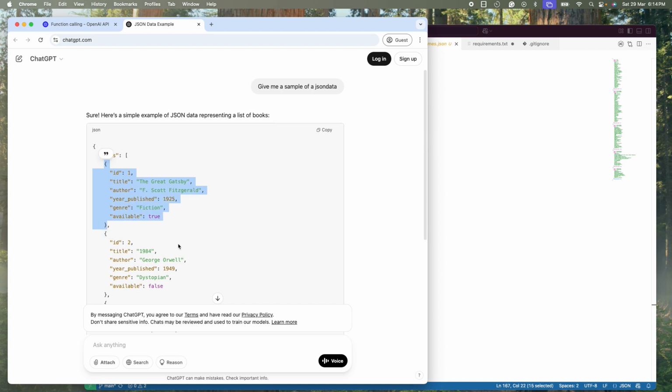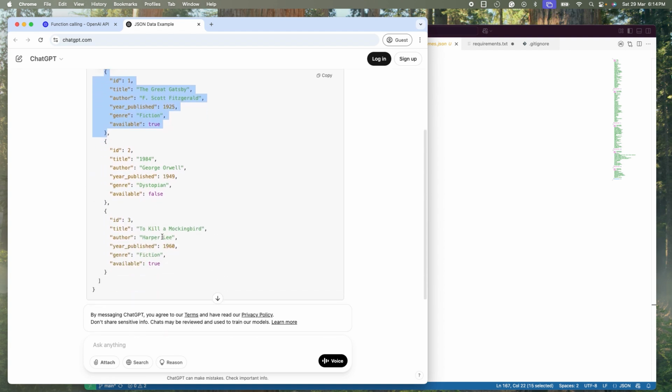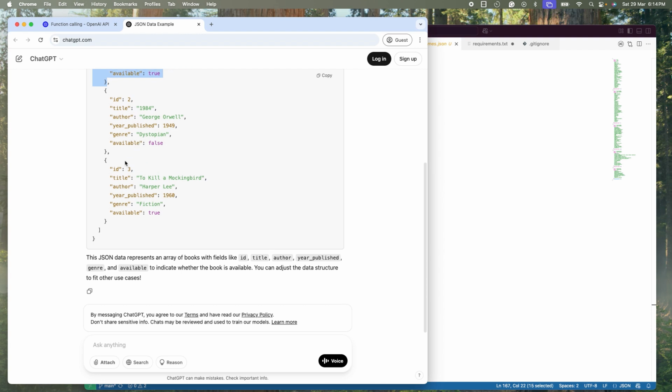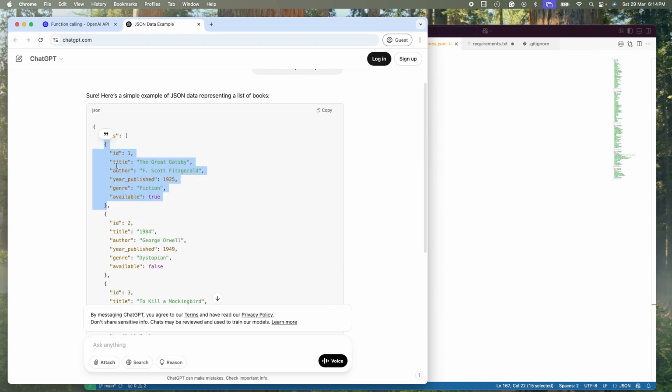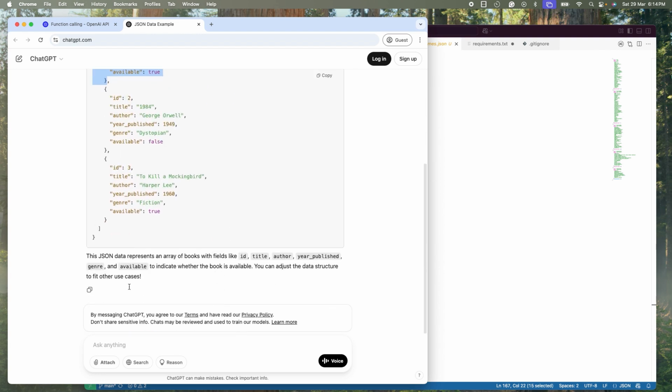Let's say we had a website that had information about books, and we want to create a JSON schema that we can use in code for our use case, to extract this data, whether it's from a textbook, a PDF, or a website. So I would say, okay, now write the JSON schema